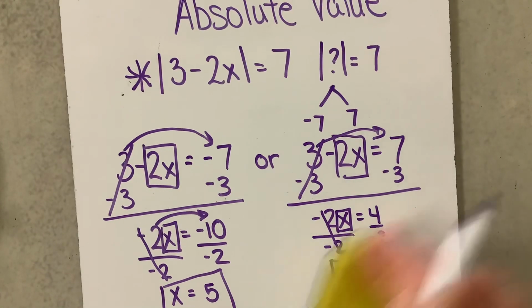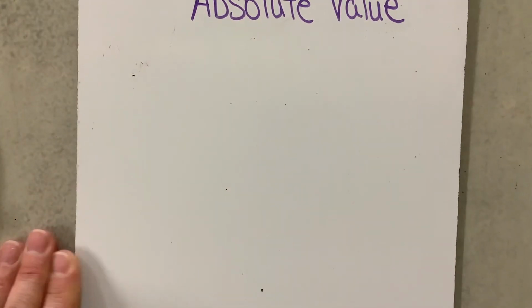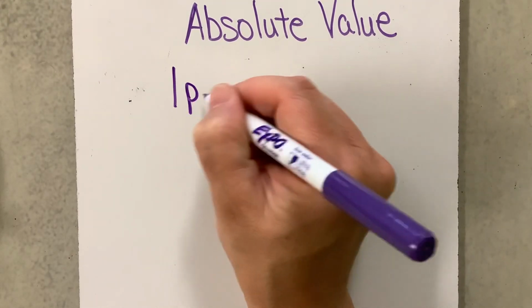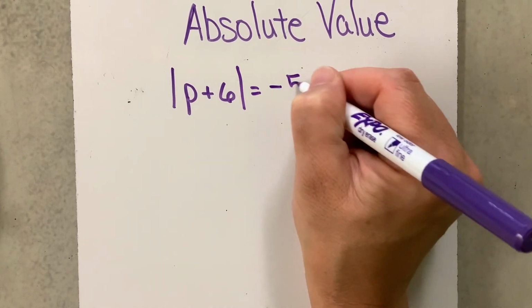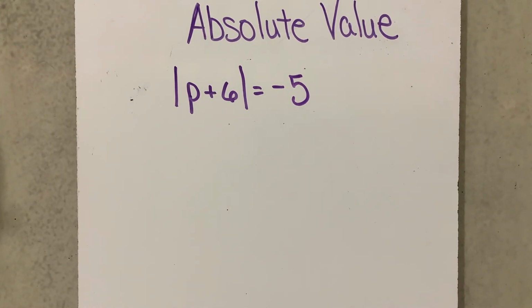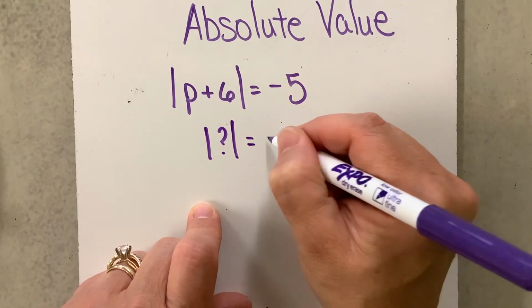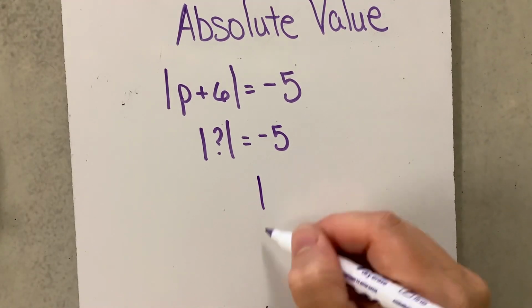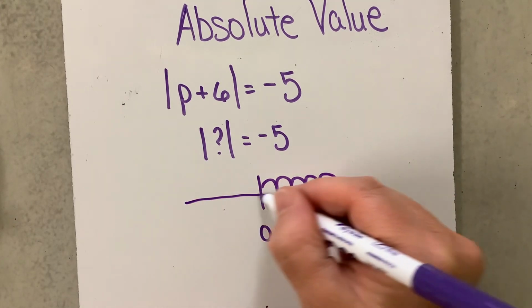Let's see here. Let's look at another one. All right, what if we have the absolute value of p plus 6 equals -5? Okay, well, this means the absolute value of something is -5 steps from 0. Well, let's think about it. Here's our 0. If I go 1, 2, 3, 4, 5,